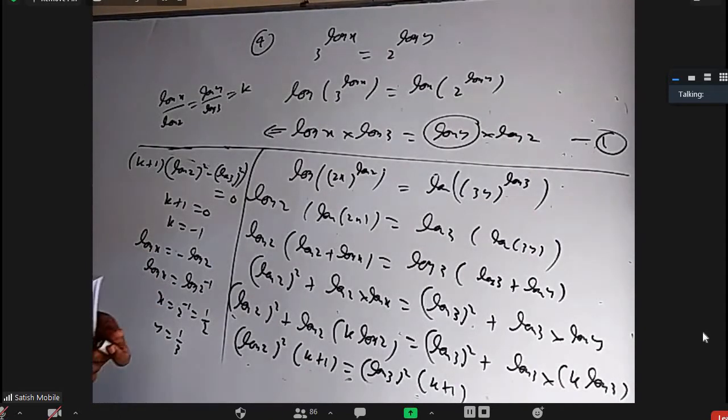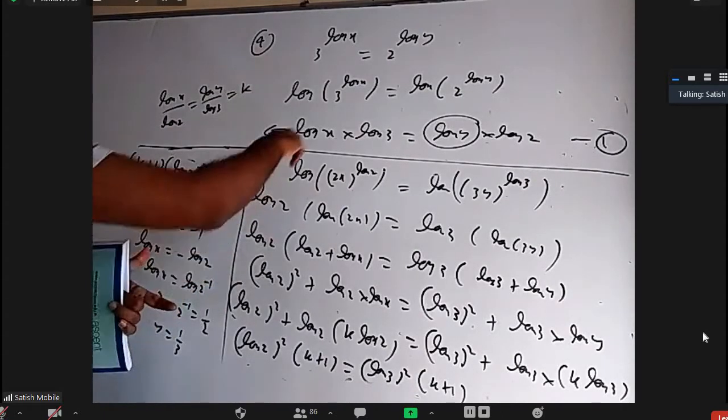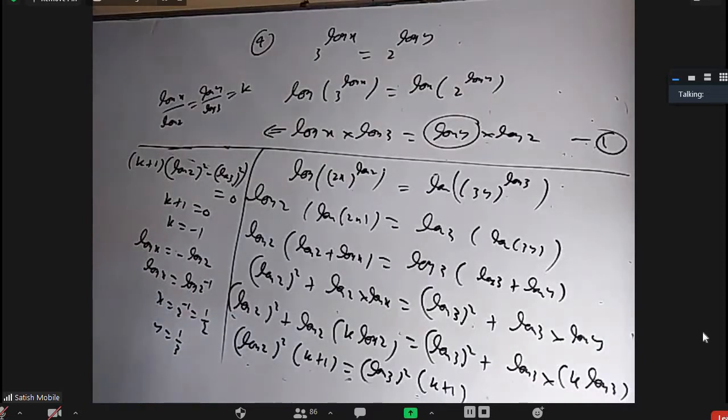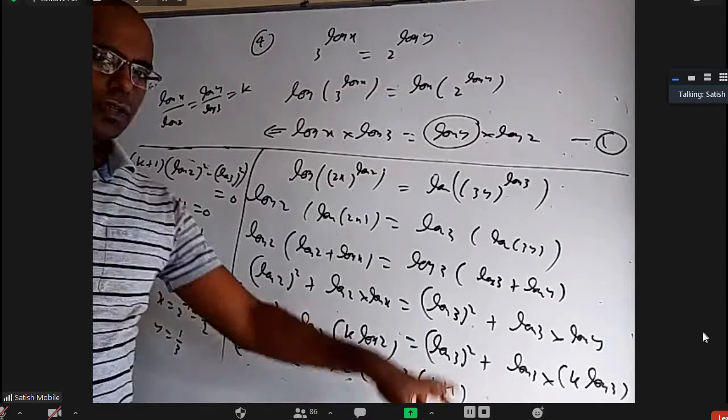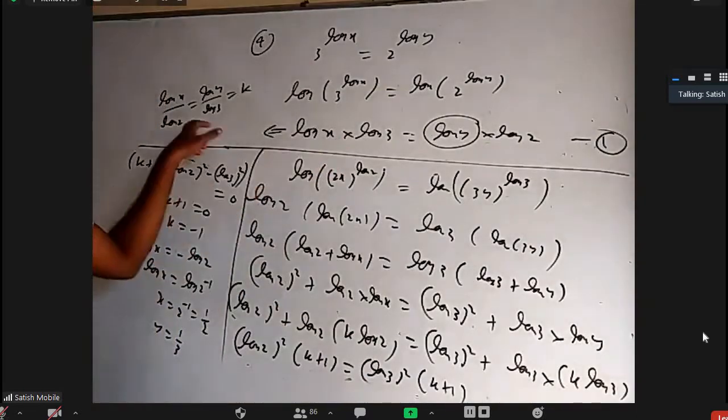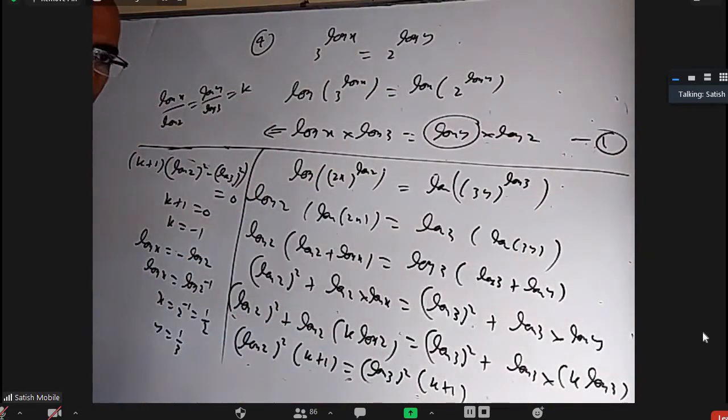Okay. So main thing is applying log so that the powers will be gone. We'll get some kind of linear equation. You can take log x as a, log y as b. This is one equation in terms of a and b. This is another equation in terms of a and b. But if you write like this and take equal to k, it becomes a little easier to solve.